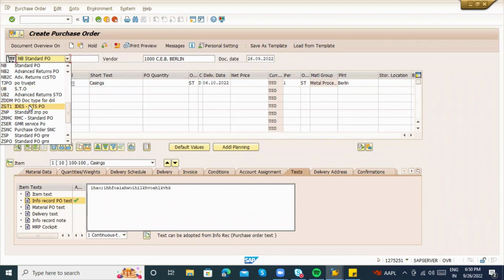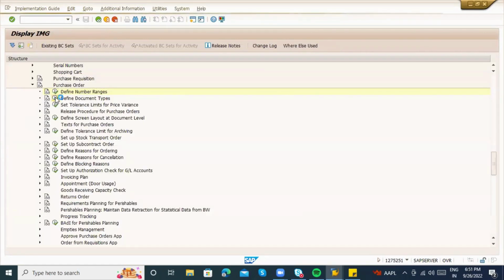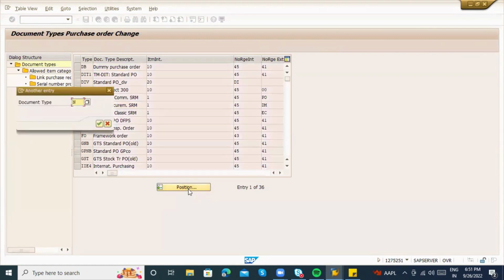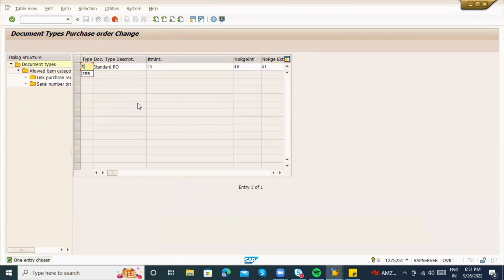How do they want to segregate? They want to segregate by number ranges. Suppose return POs always should start with the 7 series. If it is domestic POs, it should always start with the 4 series. Import PO should start with the 5 series. So the number ranges we can control from the document type, while defining the document type here. Suppose I have the standard document type NB. From that document type we copy and create a customized document type like Z, okay, and one. Suppose I'm creating Z and one,